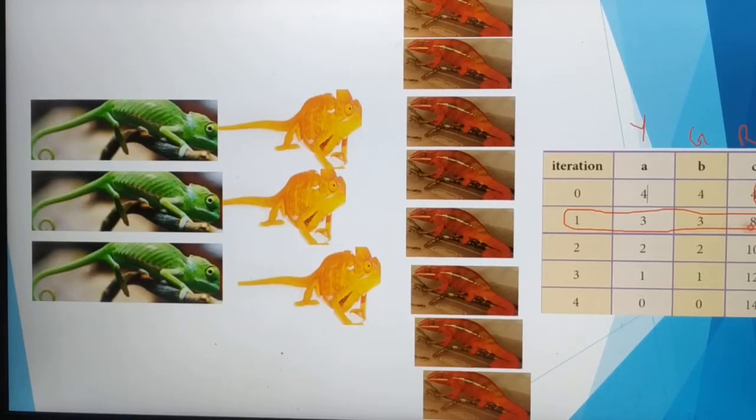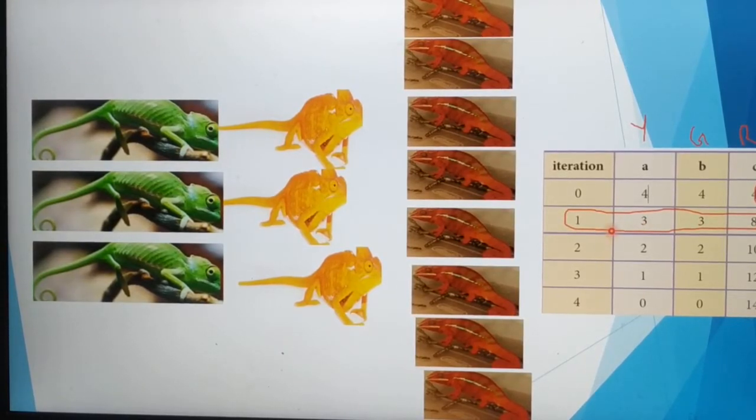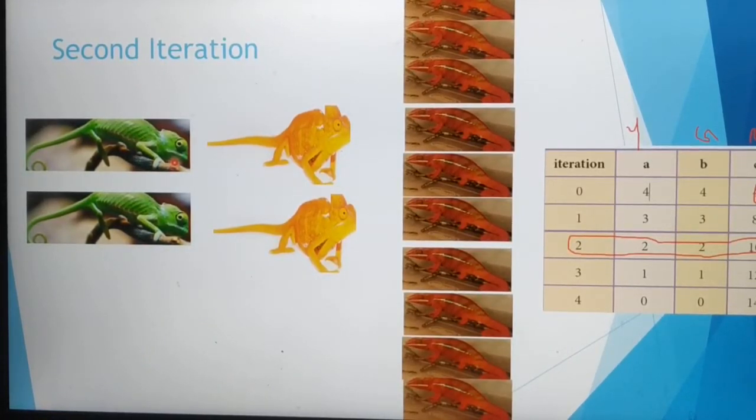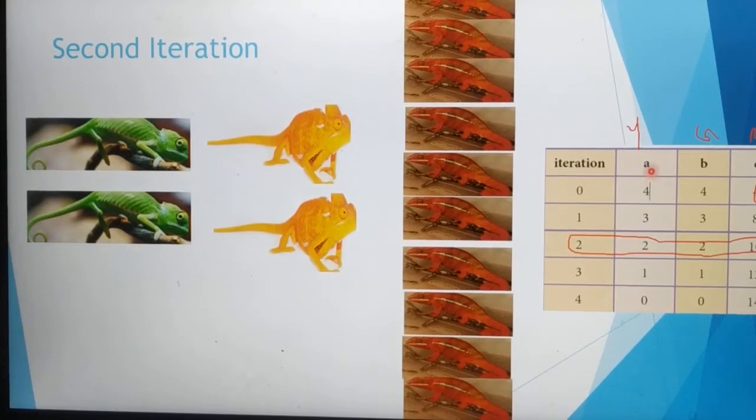Like this, in the second iteration also, one chameleon from yellow and one from green meet and change their colors into red type. So after the second iteration, we have 2 A type chameleons, 2 B type chameleons and 10 C type chameleons.